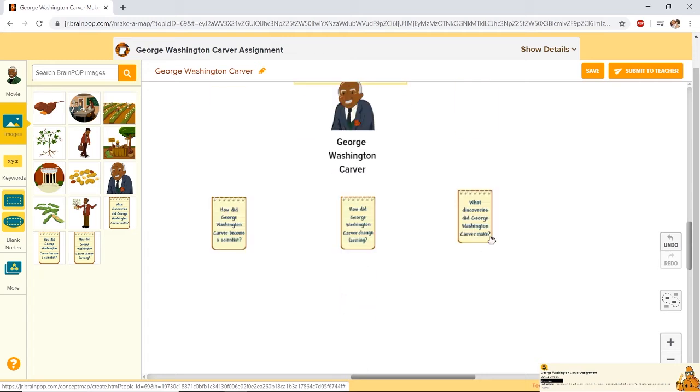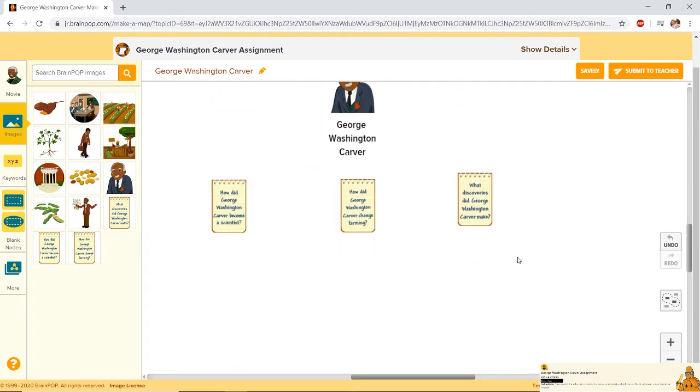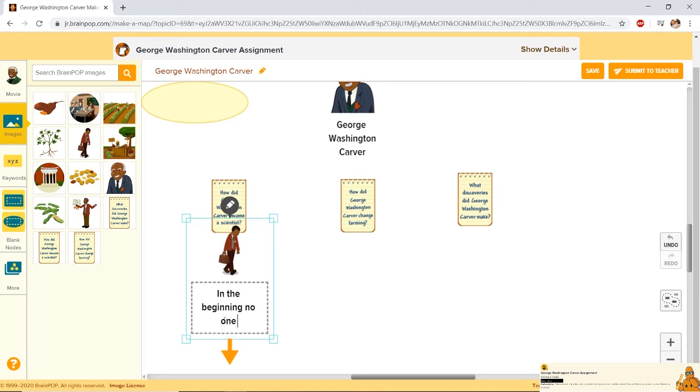Again, be careful with me. Now, to answer this, I'm gonna put a picture. How did George Washington become a scientist? Well, maybe you want to write that in the beginning it was very hard for him because nobody wanted to give him a chance. So I'm just gonna put this right here. Now, if you click on him, you'll get this little tab. So right there, I'm just gonna write, in the beginning, no one wanted to give